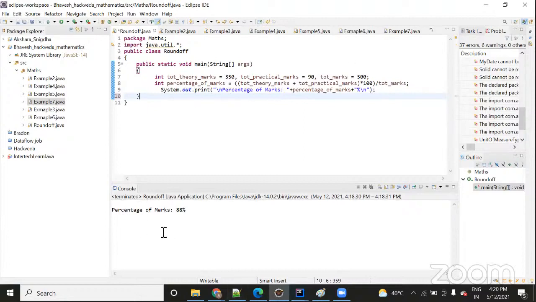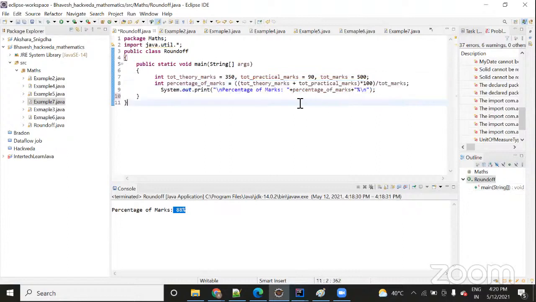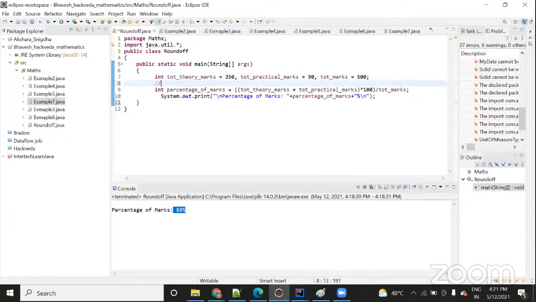So here also, when we run this program, we got 88%. And I've added this to make it clear that when you write an expression in the division, write the expression in complete parentheses, and the division part will be outside. If you do not do this, then a logical error will come. Logical error means it will execute the multiplication part first. So that is one logic you can add here. I'm adding a comment. I will share this code also so that you can practice on it.